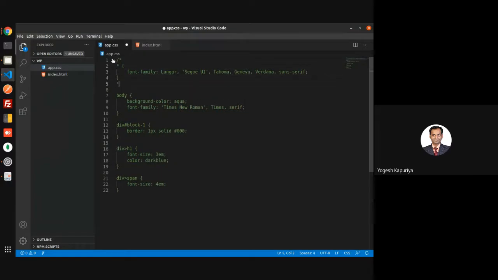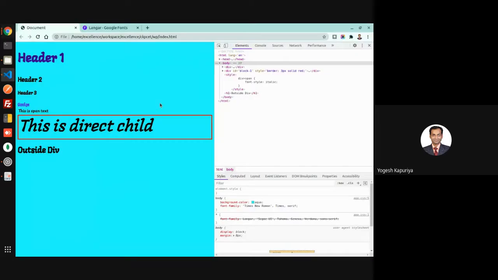So let me comment it. For CSS, the comment is the C-style multi-line comment. The // will not work in CSS, though I think it works in SCSS. The only way by which you can comment in CSS is this multi-line comment.